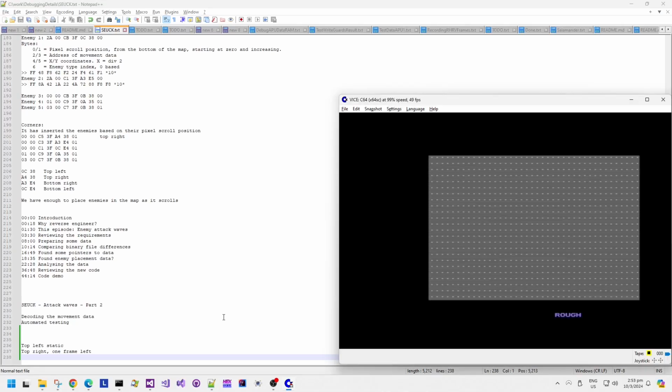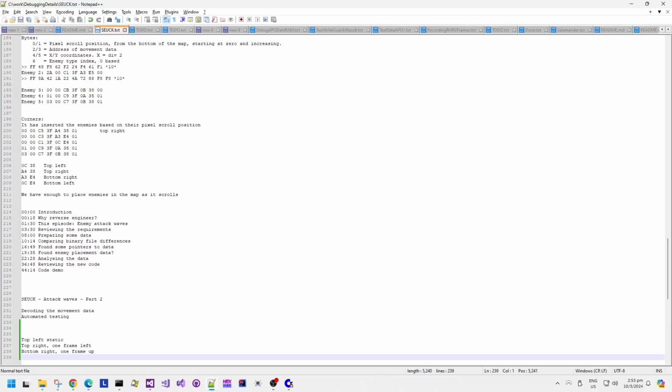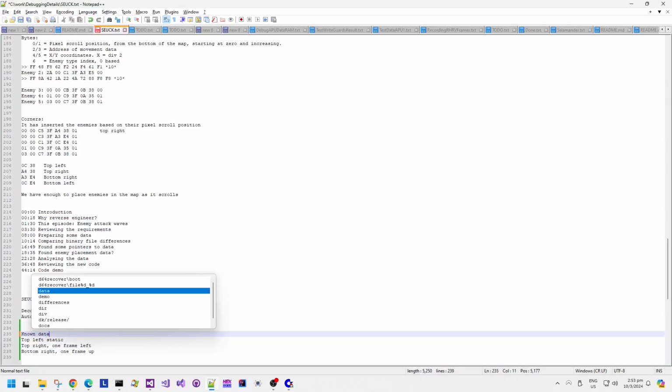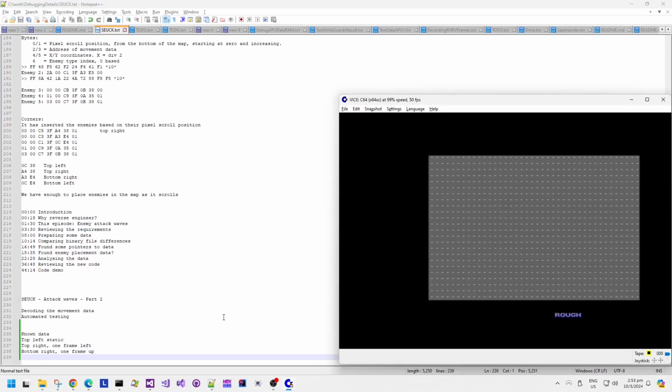So I basically tapped the joystick left once. And a third enemy, this time in the bottom right-hand corner of the screen. And this time, I'm going to move it up one tap, just one tap. The reason why I'm doing this is that I want to see how very short movements for enemies are encoded, and to see if I can look at this short encoded data